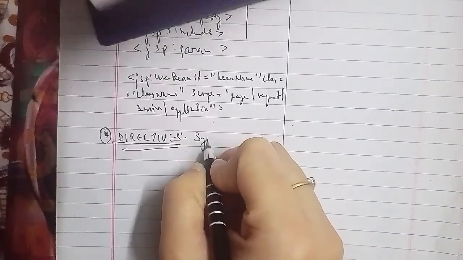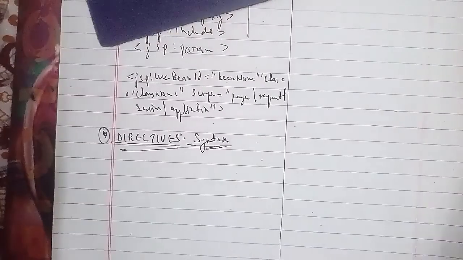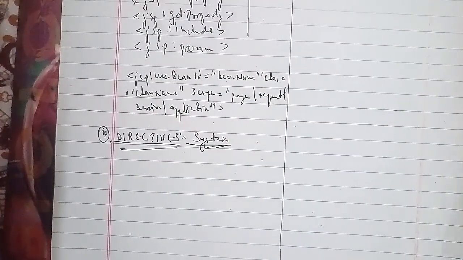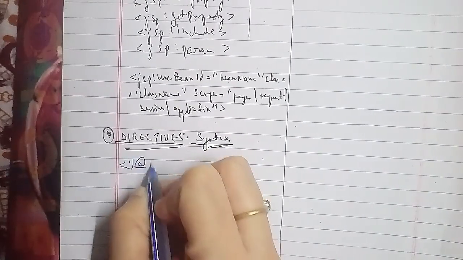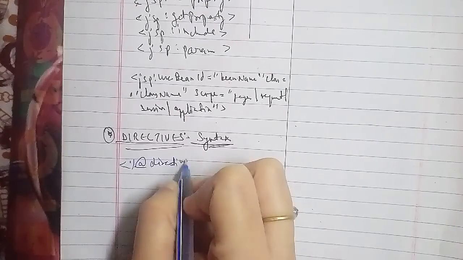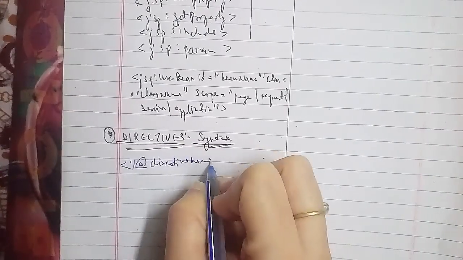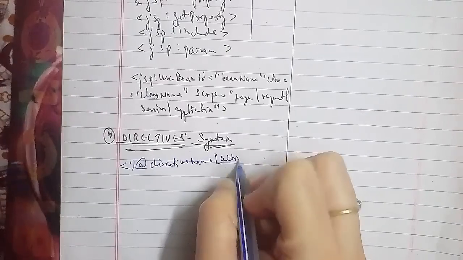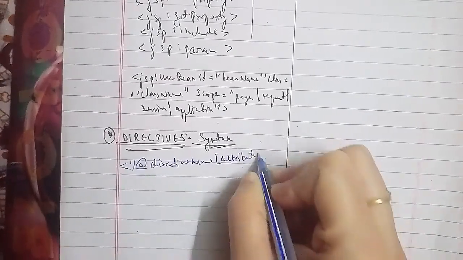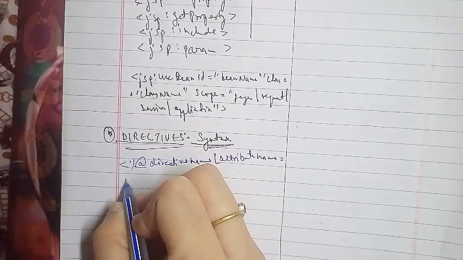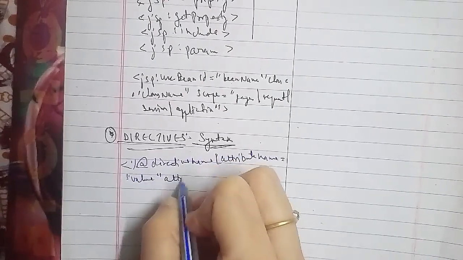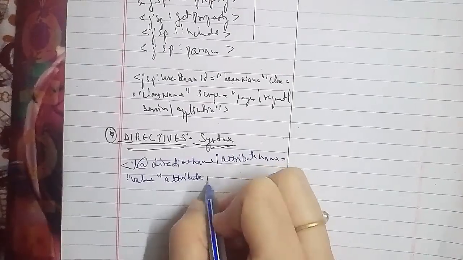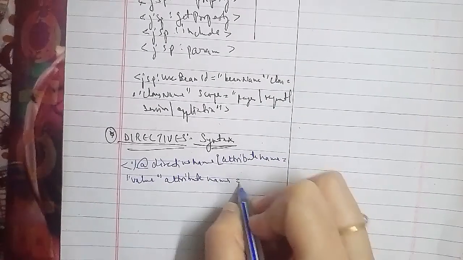we have percent @ directive name, attribute name equals value, attribute name equals value. Okay, so with regard to this, if I'm talking about the directive,